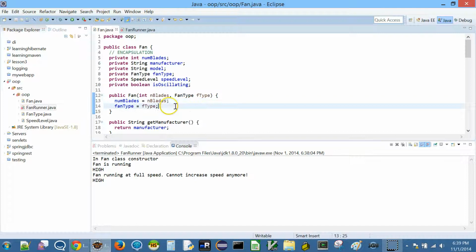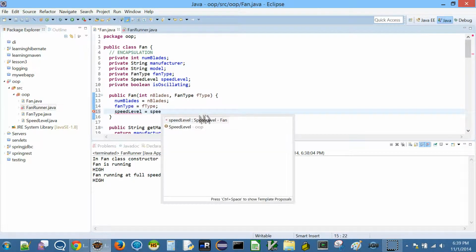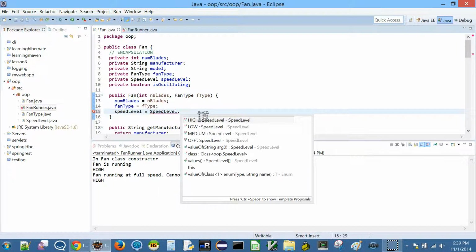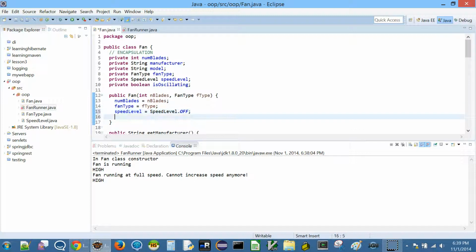Okay, now inside I could also set other defaults. For example, I can just set speed level myself inside the constructor to off. Initially, when the fan is created, I am setting it to off if you don't specify anything to me, right?